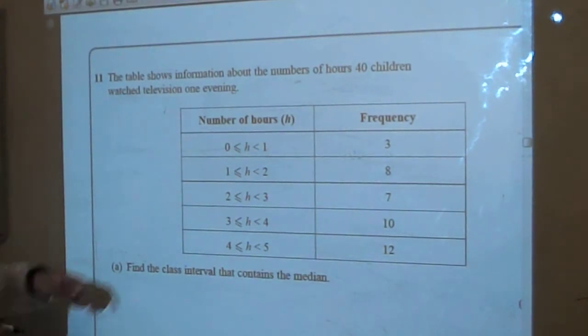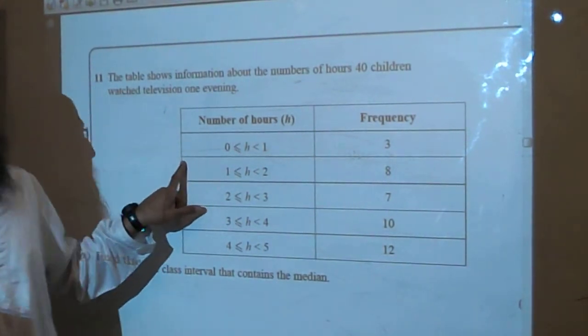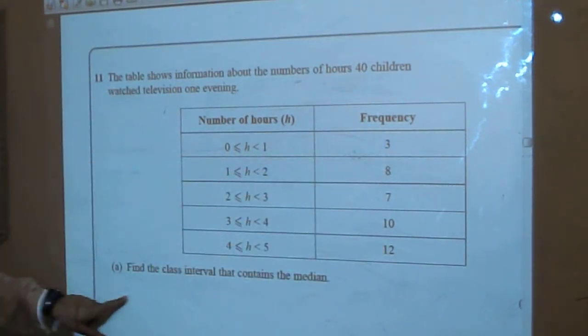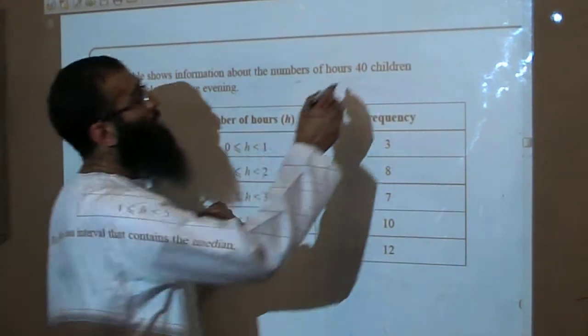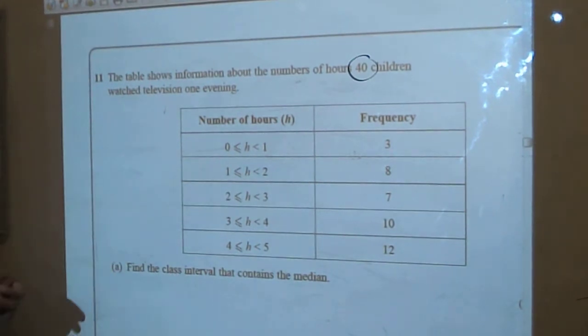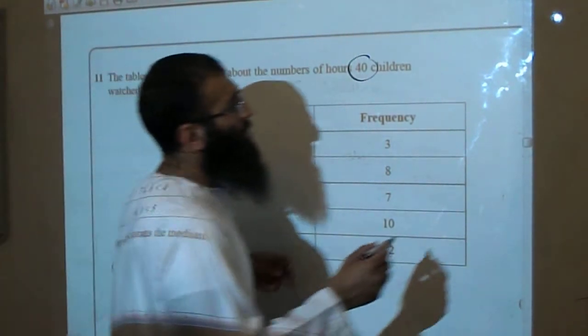This is called a group frequency table, because you have a group here and frequency here. We've got to find out which one contains the median. To work out the median, we have 40 children. The median is going to be which child? It's going to be the middle child, isn't it? So what we need to do over here on the side,